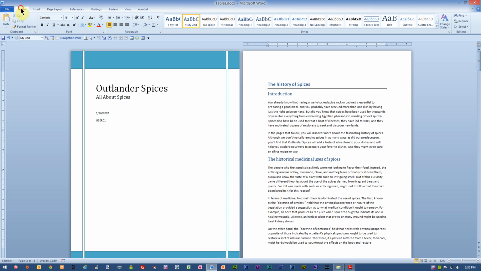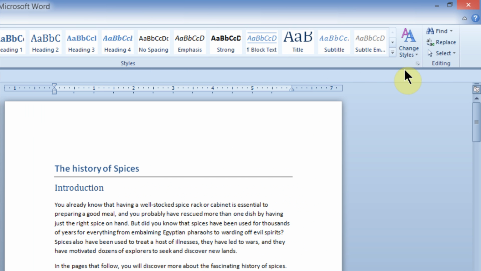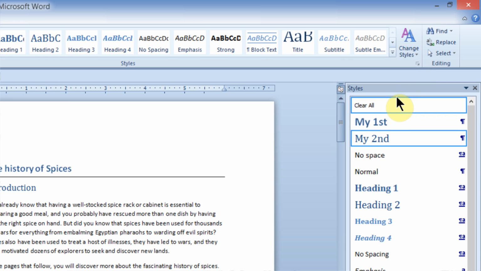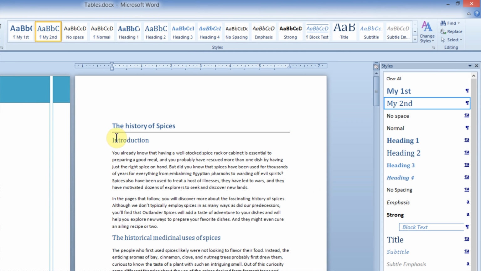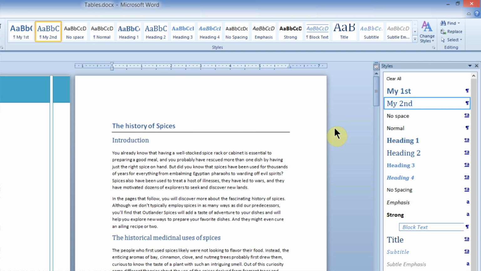If I come out to my Home tab, and on the right hand side under the Styles group, if I click the little arrow at the bottom right corner of the group, or you can do an Alt Control Shift S, you could bring up the Styles pane, and if I click on this first one here, I can see that this style is just a custom style called My First, and the second one underneath is just called